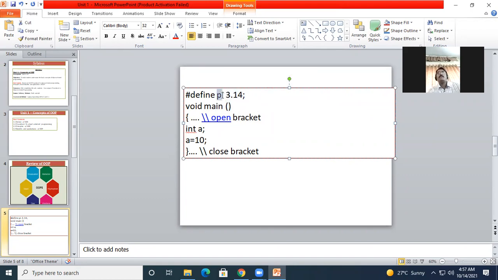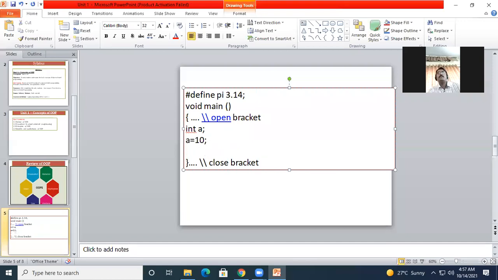Now this variable pi, I can have access to here. Let's say if I wish to print it in printf, here I can write pi. So it will print the value of pi, that is 3.14.